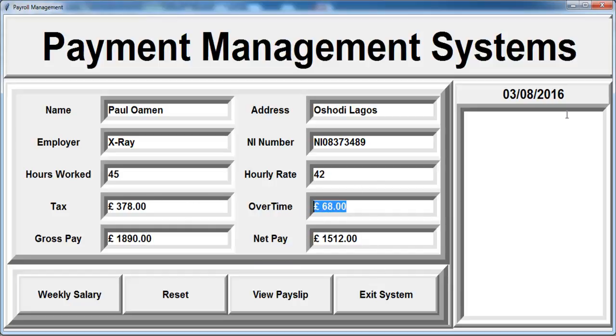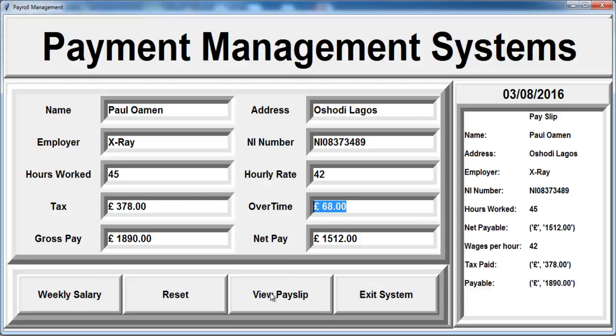And we also have a payslip. You can click on the system for it to generate a payslip for you. You can see your name there, address, whoever you work for, national insurance number, hours worked, and so on. Okay, so you can also reset,